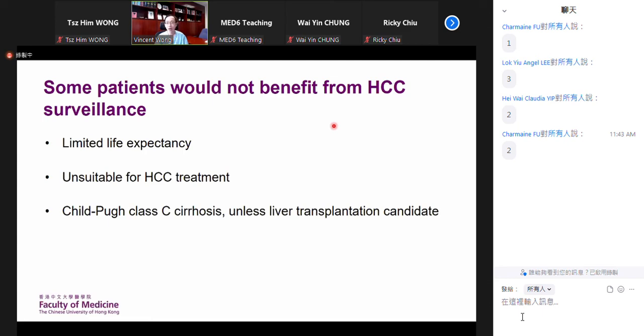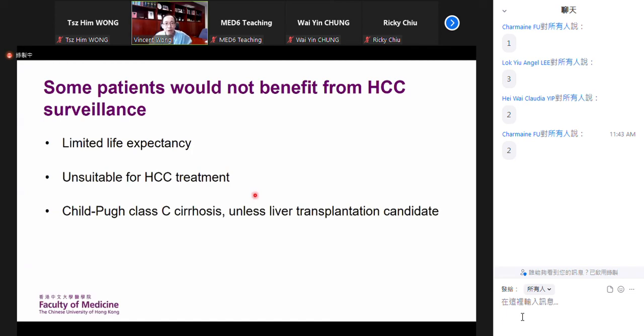You also need to answer what you can do after making the diagnosis. Of course, a cancer diagnosis would only be meaningful if you can provide the patient with curative treatment. And therefore, if the patient has limited life expectancy, or if the patient for any reason is unsuitable for curative HCC treatment, it is very doubtful whether you are doing any good